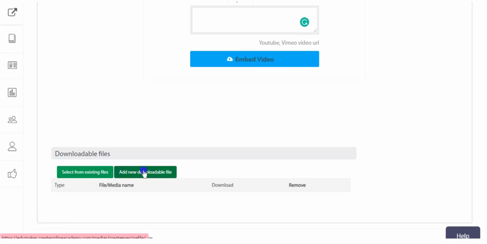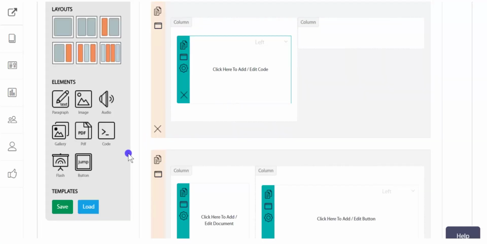Once you attach a new downloadable file, it will not only get attached to this lecture, ready for being downloaded by the learners, but also be added in the media list to be used in some other lecture or course hereafter.